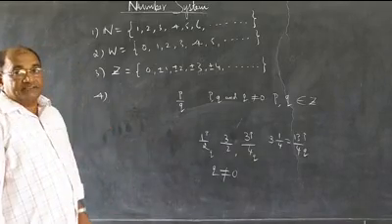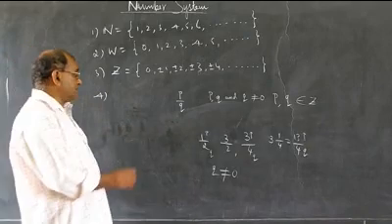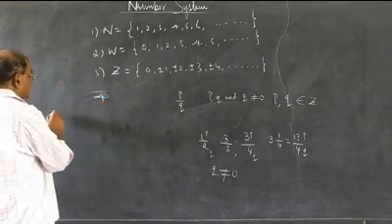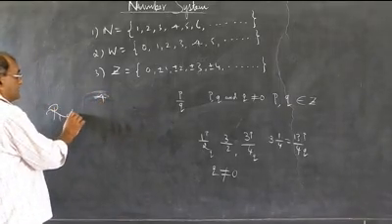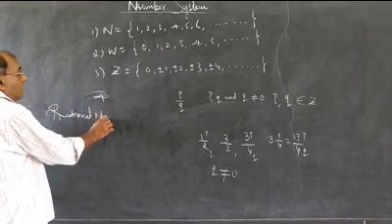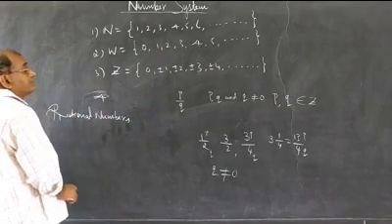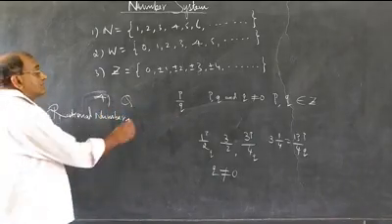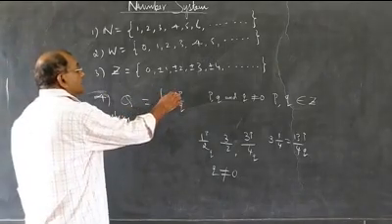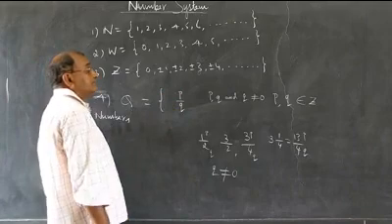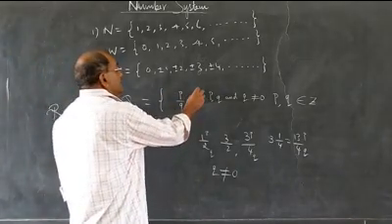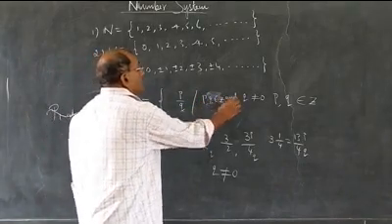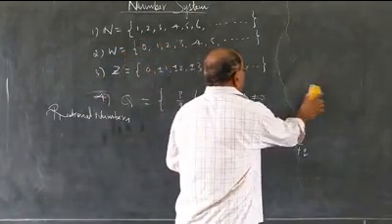And so I define a set. What is the name of the set? I call it the set of rational numbers. Say, rational numbers. These rational numbers are denoted by Q. And so Q equals, it contains the numbers of the form P by Q. We use a symbol such that P comma Q belongs to Z and Q not equal to 0.